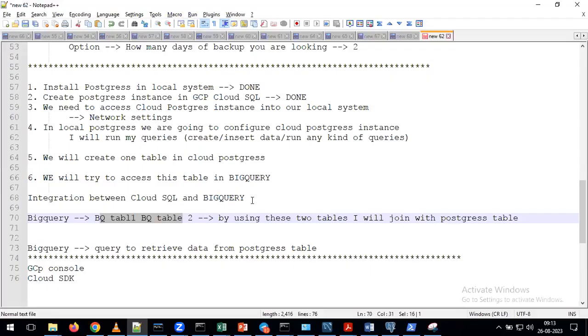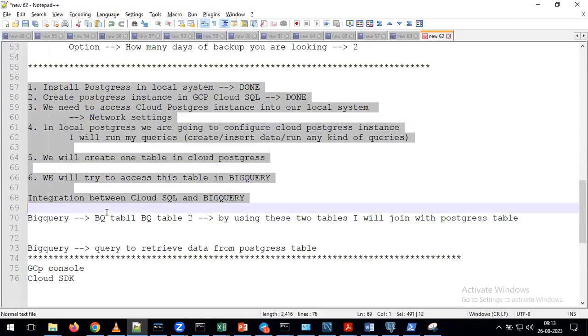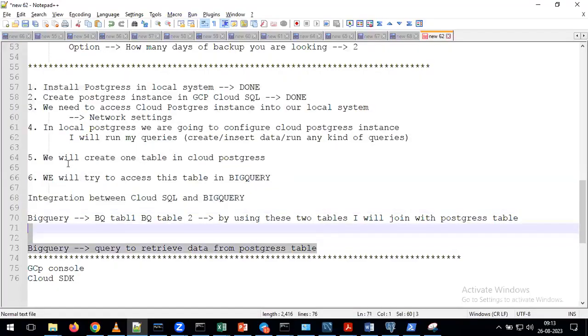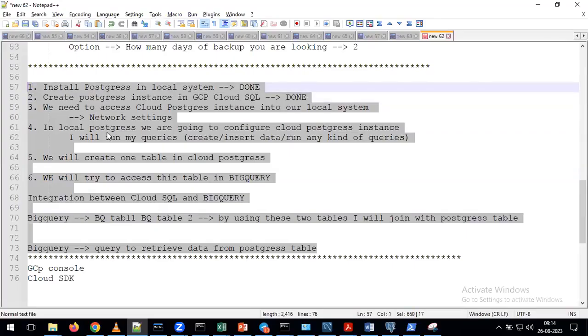But if you want to understand all these things, what needs to happen? We need to go step by step. That's the reason we'll go step by step. With that, you can get the clear picture of how we are going to perform all these activities as part of our real-time projects.